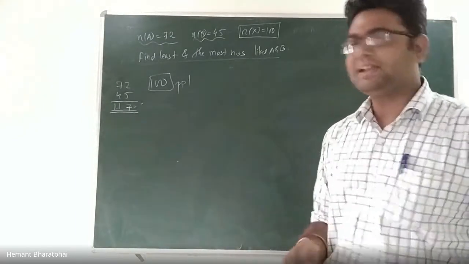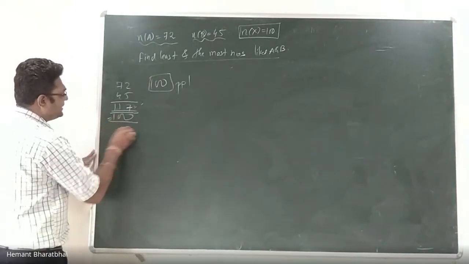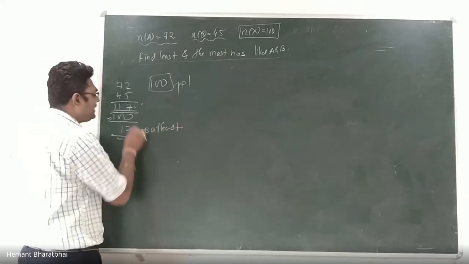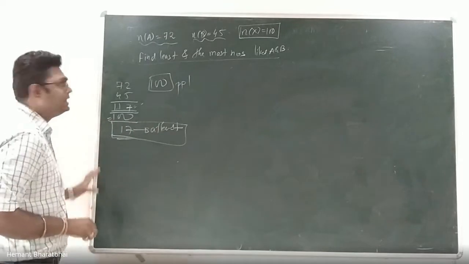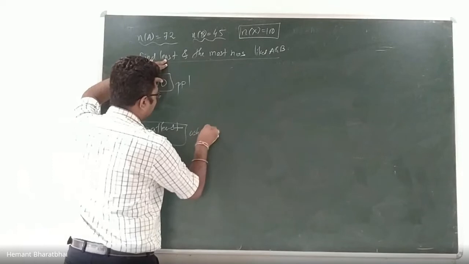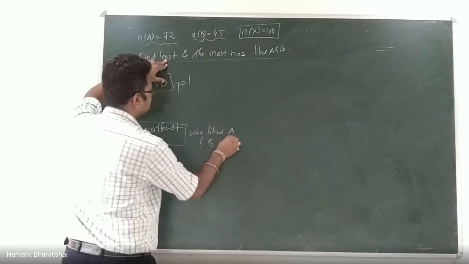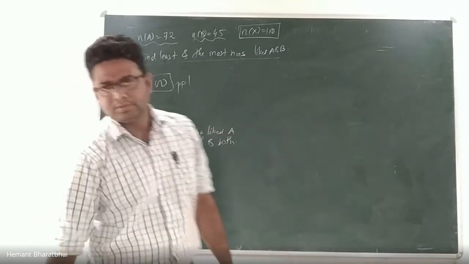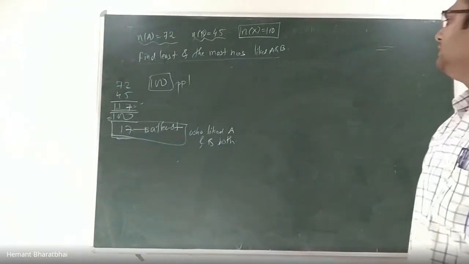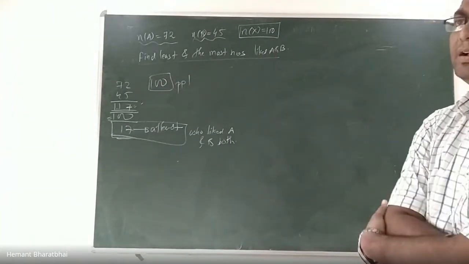So least we can say it's very easy to find out. So when I subtract this, I get 17. So there will be at least 17 people who like A and B both. So the minimum possibility is 17, that was easy to find out, just subtract 117 and 100,